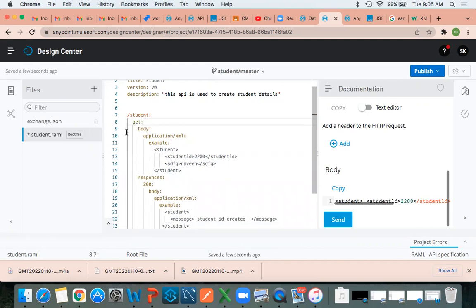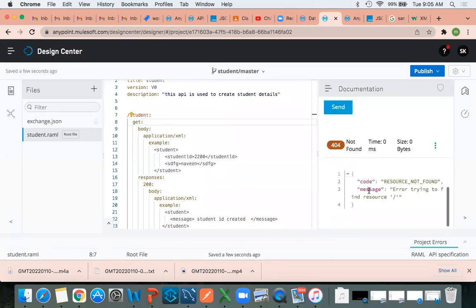See, in the get method, we don't have a body. You got 404, request not found. Why? Because the get method will not allow a body. Get means we need to retrieve something, correct? But what I'm trying to do is pass something and create here.